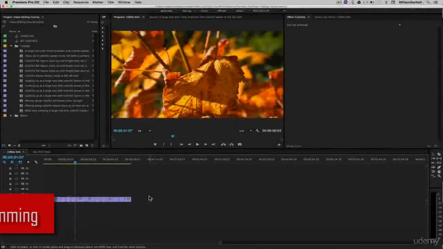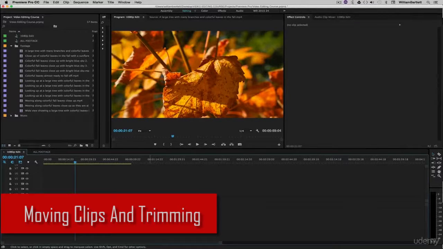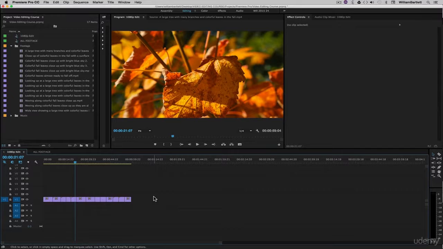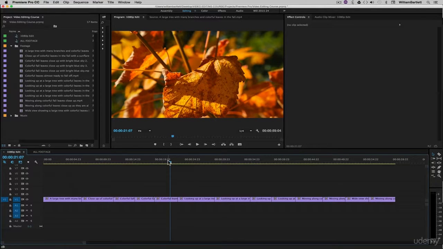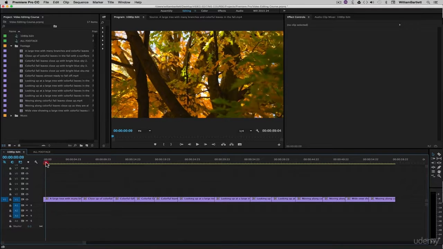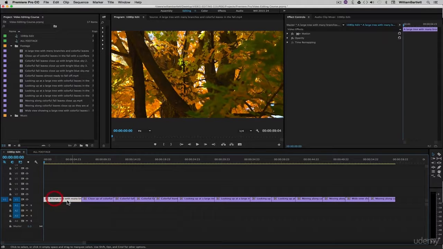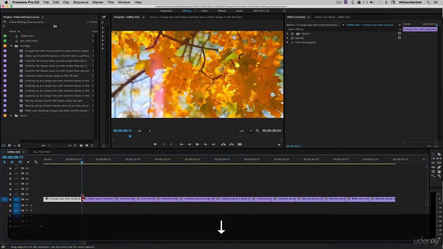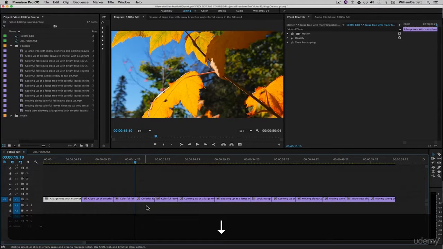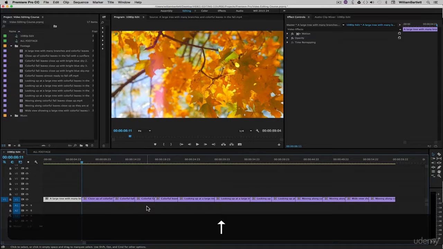Okay, welcome back. So in this one we will go over trimming clips and moving clips around. Right now we have several clips in our timeline, and if we press the plus tool on our keyboard we can zoom in, and if we click the timeline cursor and drag it to the beginning, we have one clip here. If we click the down arrow, it'll bring us to the next edit point, and so on. If we click the up arrow, it'll go backwards and do the exact same thing, change to the different edit